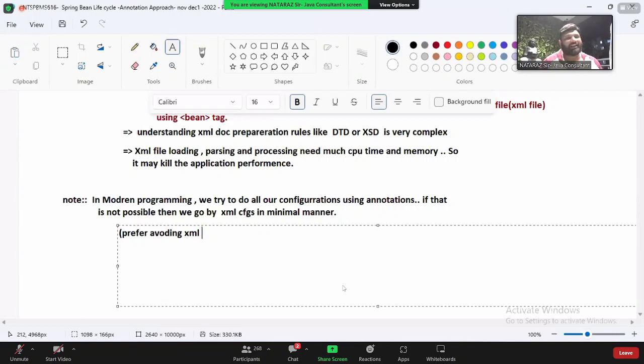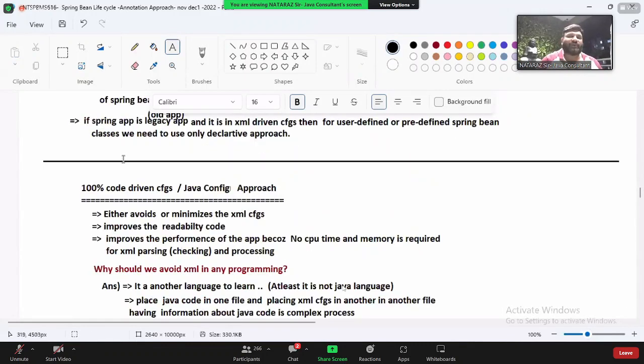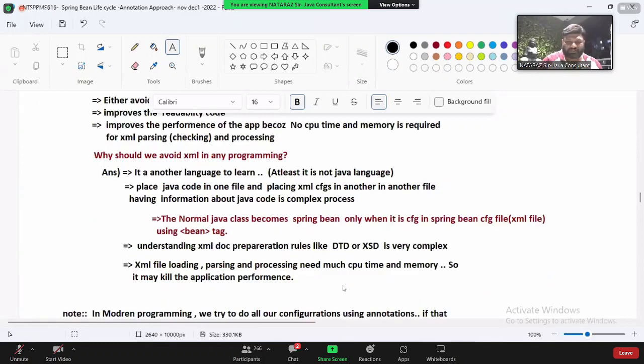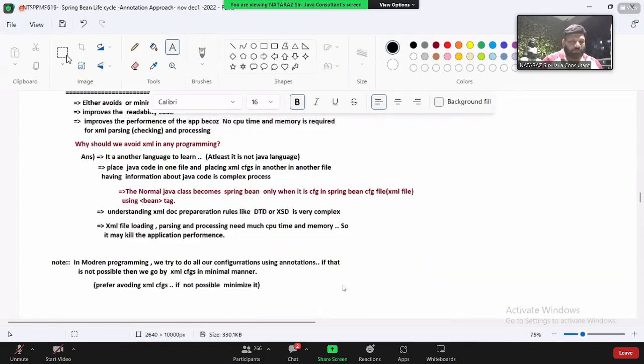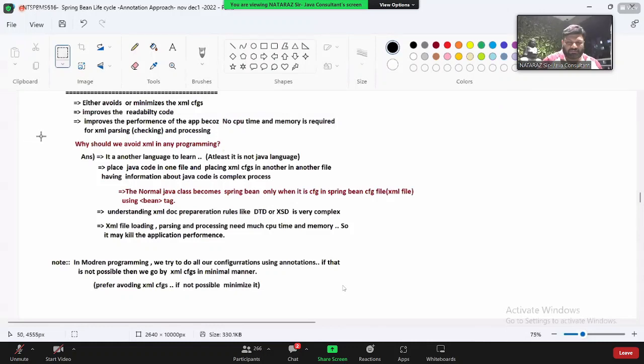Anyhow, if you go for Gradle, no need of XML. Everything can be done by using DSL, domain specific language. Prefer avoiding XML configuration. If not possible, minimize it. Convinced, guys, why we should think about these configurations? Okay. Most important thing is